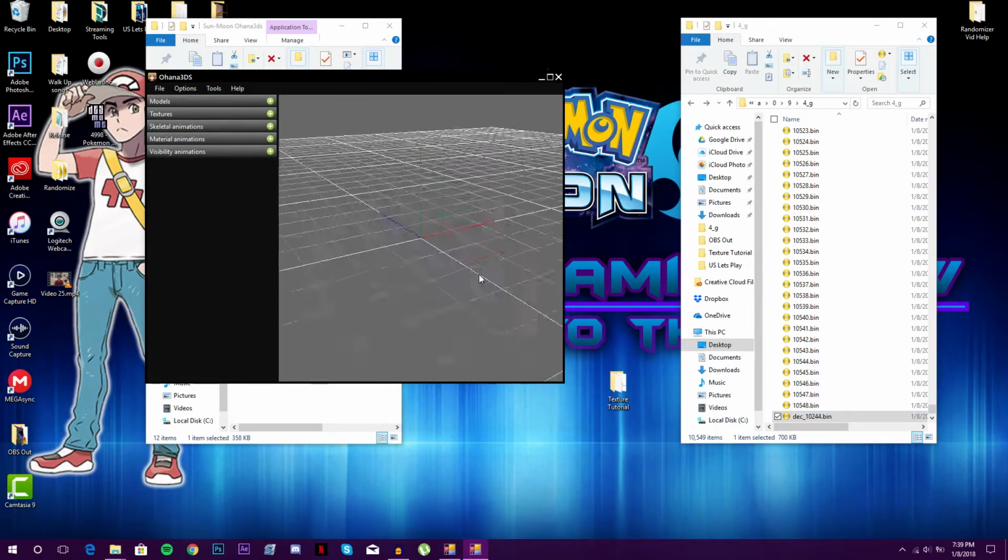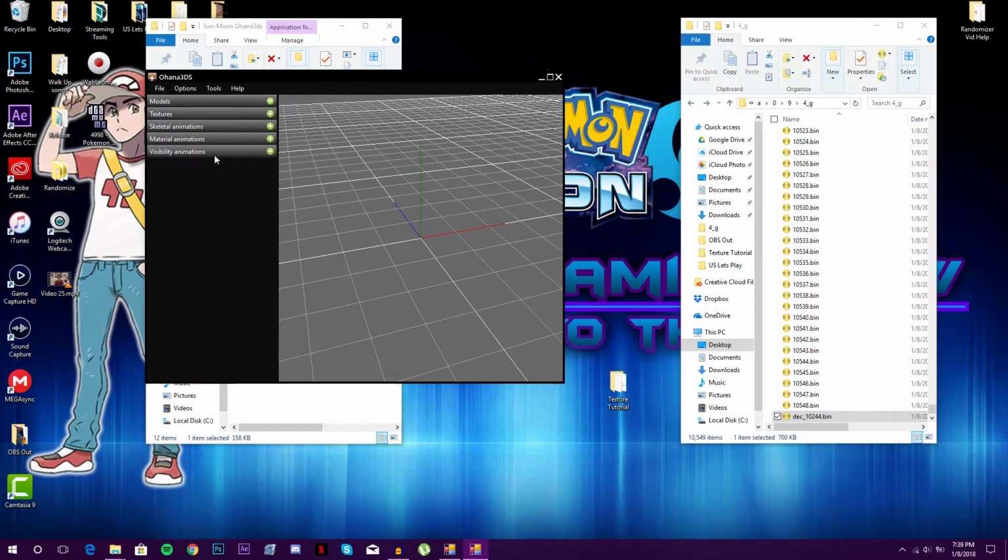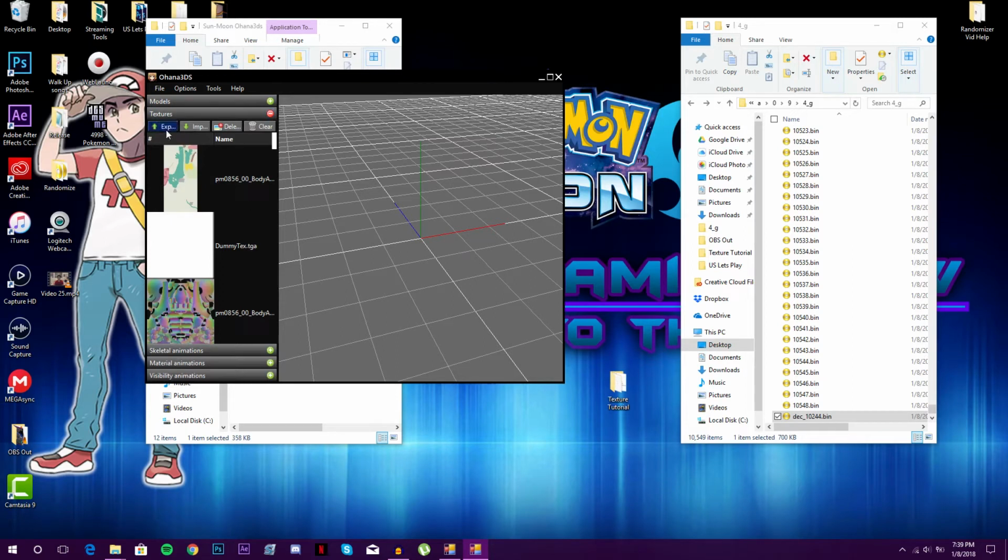It doesn't give us any skeletal animations because those are on a different file. You guys can actually go ahead and edit the skeletons if you wanted to, but I wouldn't recommend that because that's crazy. Textures, here we go. Here's Drampa again. So we're going to go ahead and export